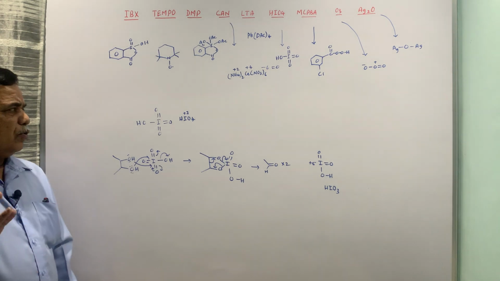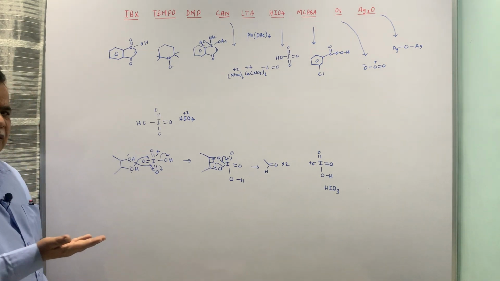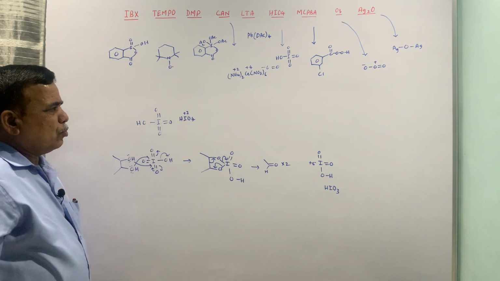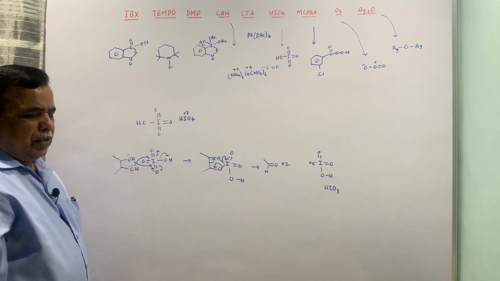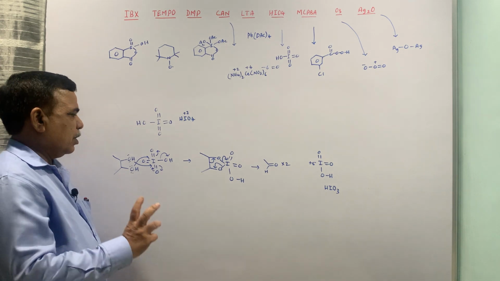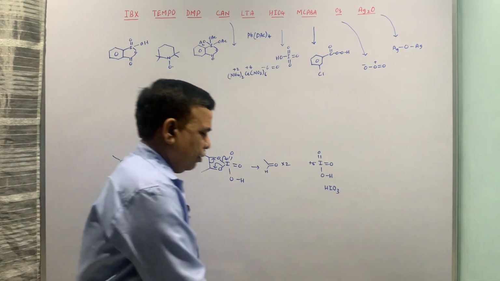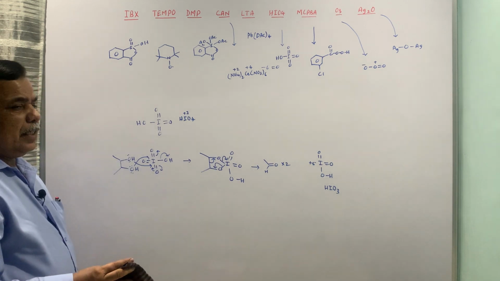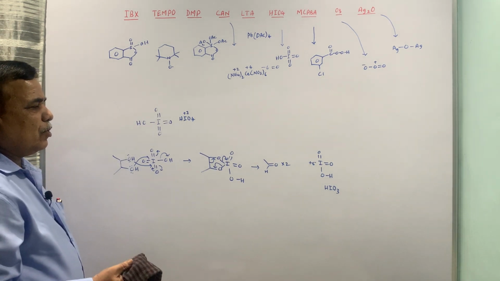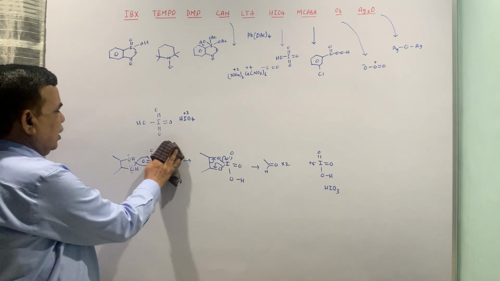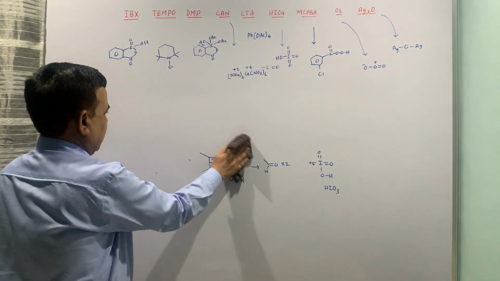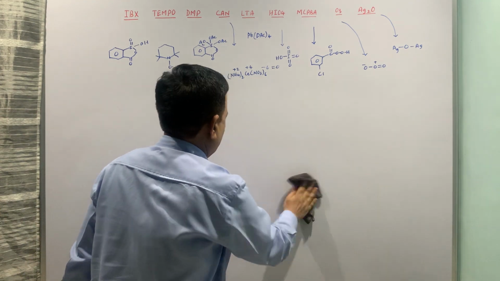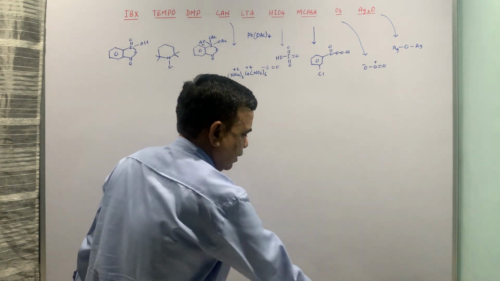So for sodium periodate, a similar mechanism can be given. Now instead of OH it will be ONa and so on. So the purpose is the same. Even NaIO4 is used for the oxidative cleavage of diols. It has wide applications because you can work with any diol and the yield is quantitative, no further oxidation is observed, and that's why these reagents are specific reagents and more useful synthetically.